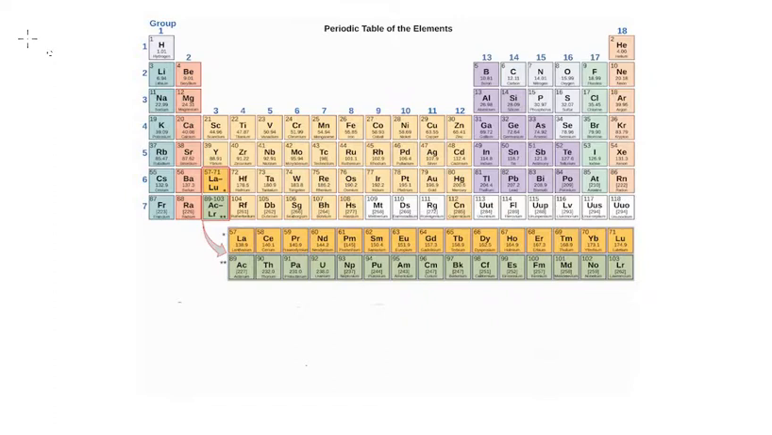So ionization energy, I'm just going to title it here, ionization energy. I'm going to tell you the trend right now. As you go to the right top corner, it'll be greater ionization energy, and on the bottom left, it's lesser. So basically what I'm saying is,